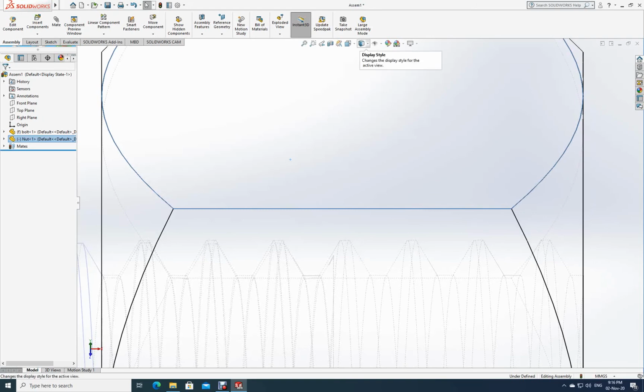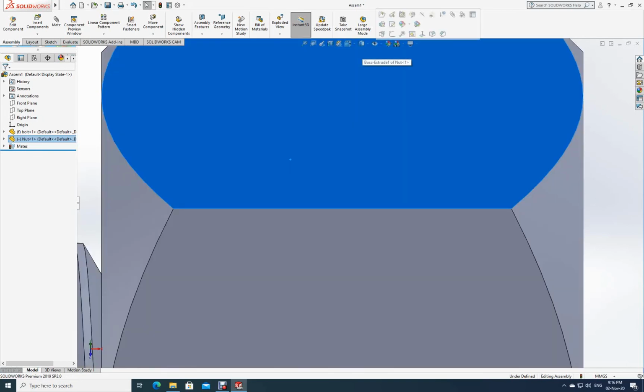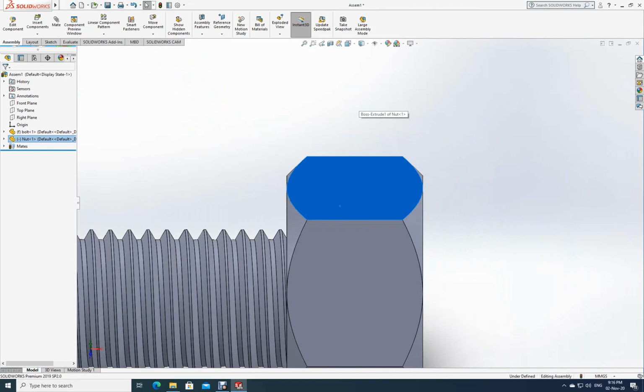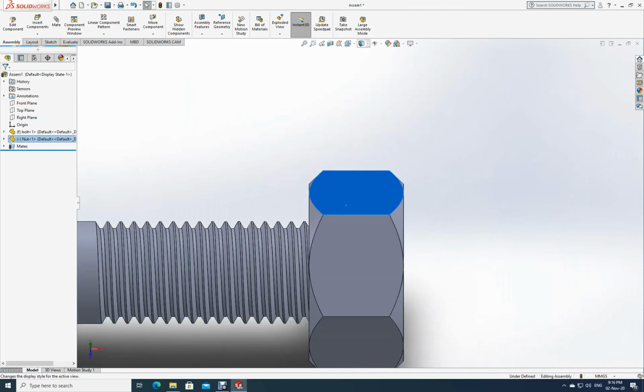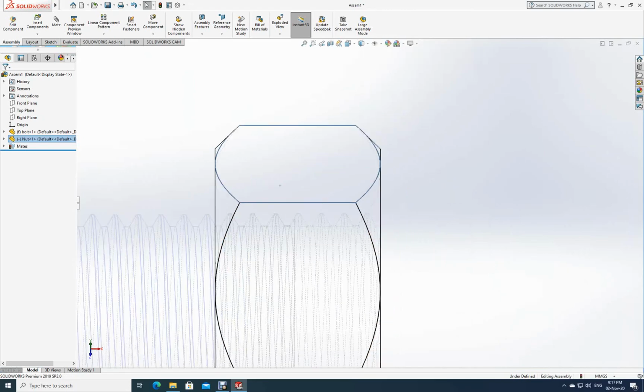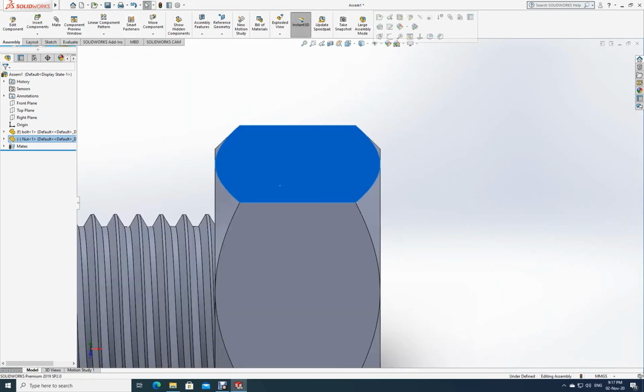Now let me change the color. Let me fix it this way, no problem. I will make it small. I have already done it there. Again, if I want to check it, I can go to the display style and I can see that what I am doing is perfectly alright. Don't disturb it. Now again go to make mate. Let me make the display normal. I will again do mate.